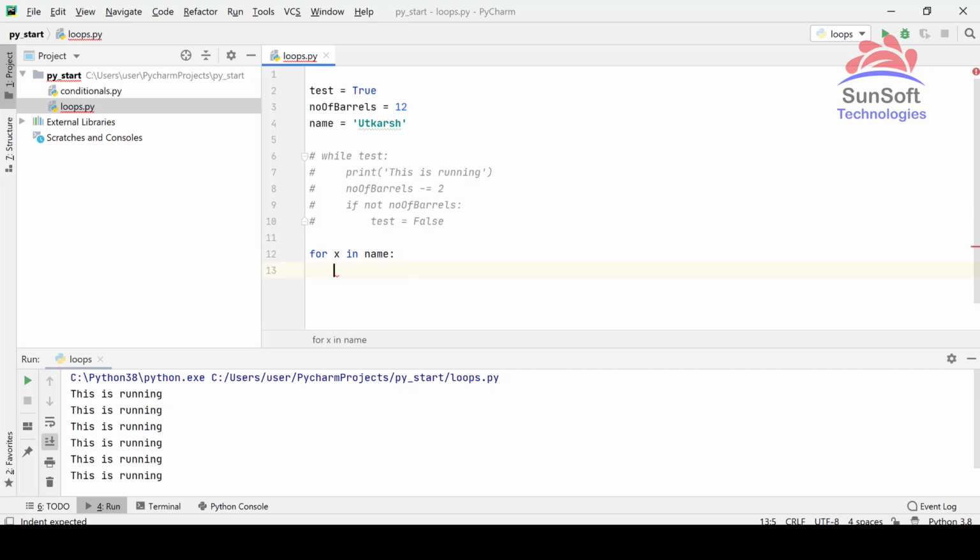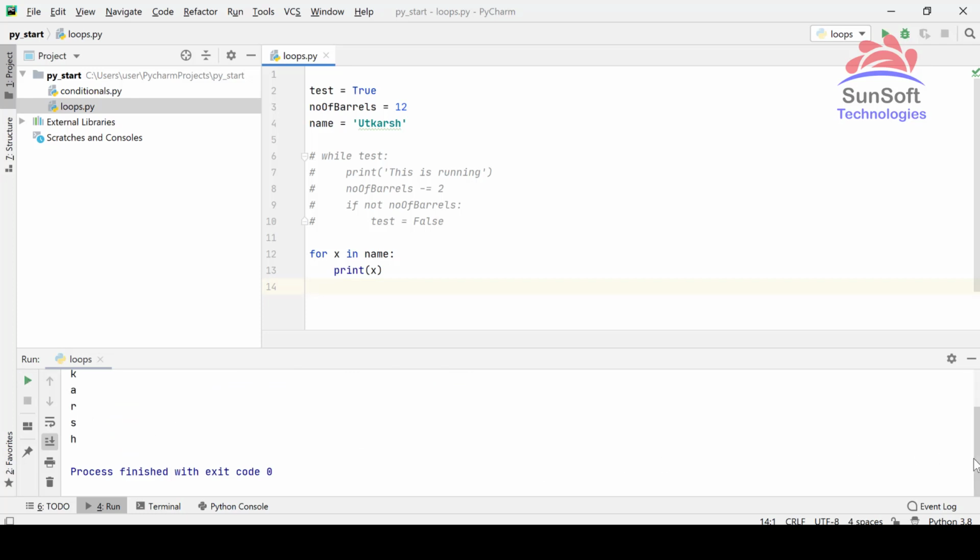Inside this, I want to just print out x. What this does is, for x in name, the in operator gives x each and every value that is in name one by one, because strings are iterable. So it is going to the first character, then the second character, third, fourth, fifth, sixth, seventh character, just like that, and then it is giving that character to x. Now I want to print out x each time. So let's see how this works.